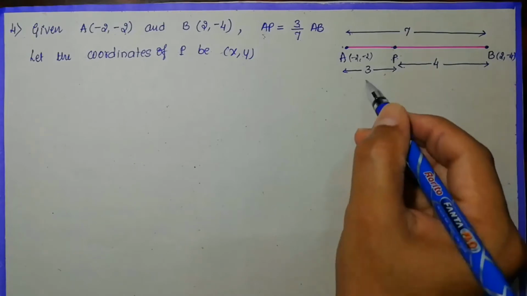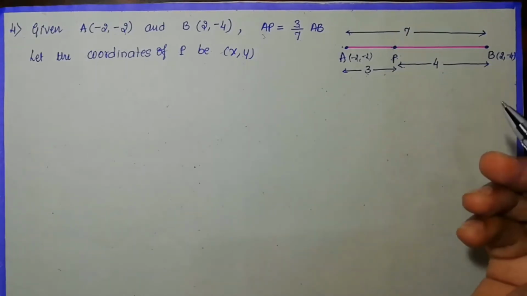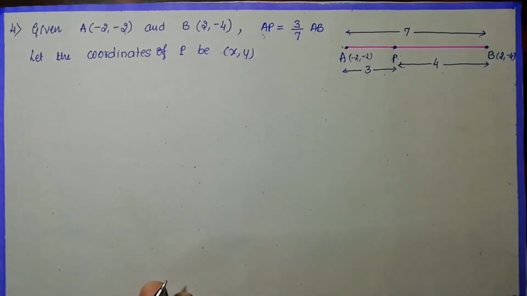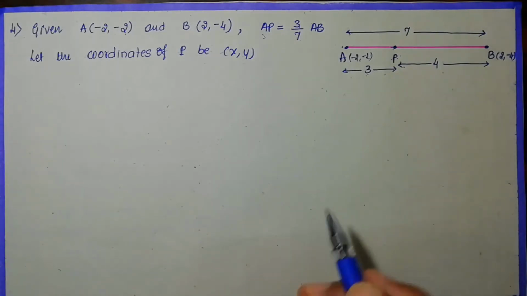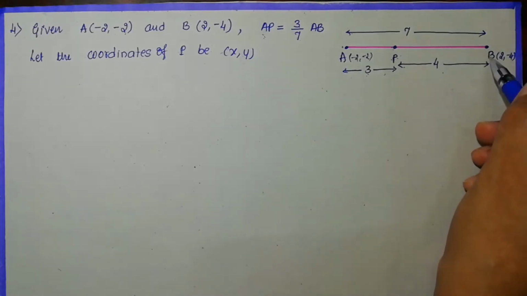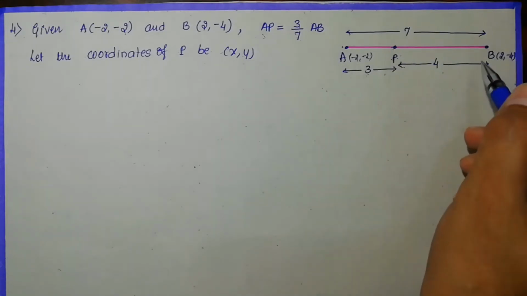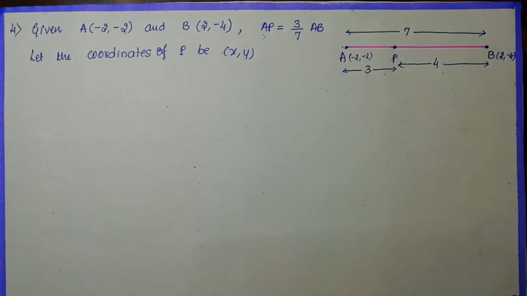Okay, so that's why m1 is to m2 is equal to 3 is to 4. From the figure it is actually very easy, but if you want to calculate it theoretically, you have to follow this procedure. So now look here, what I want is PA divided by PB, that is equal to M1 is to M2. Just recall the derivation of the section formula. What I have written, PA by PB is equal to M1 by M2, means that is the ratio.